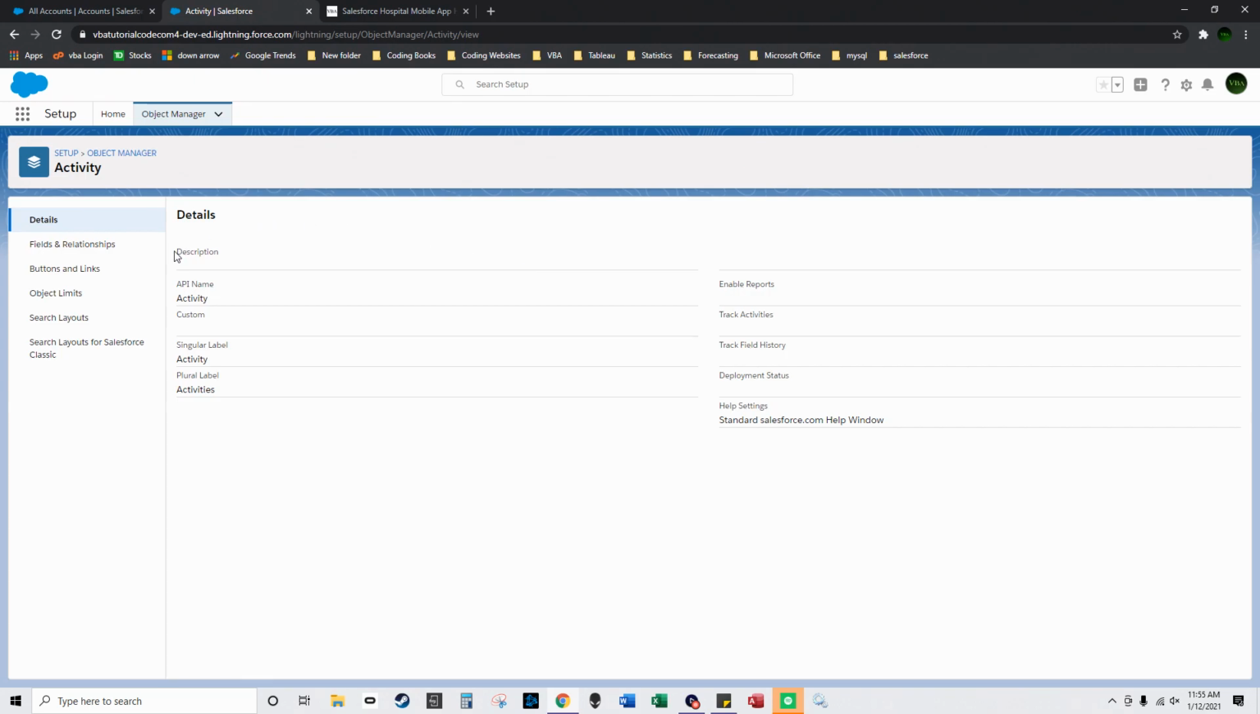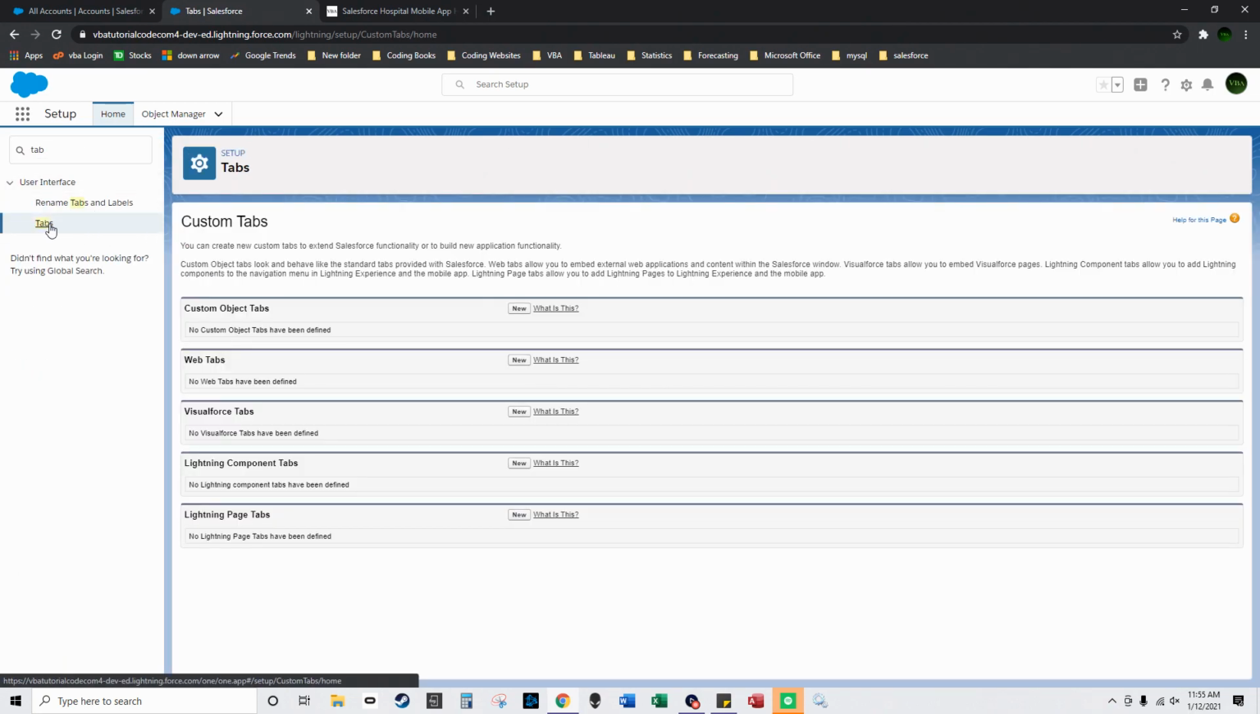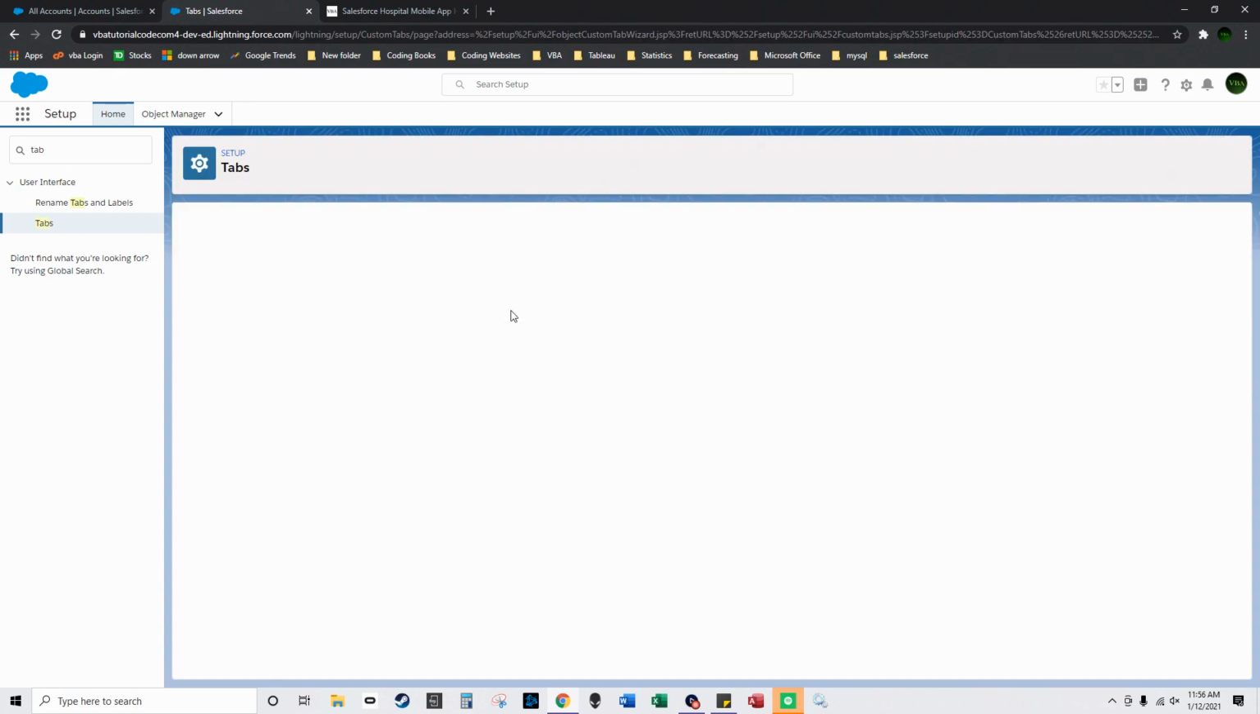So basically, you create all your objects, and now you're going to create the tabs for each of them. So you go to Setup, and under here you search for tabs, and just make sure you click where the name is and double click it. For this I'm going to create custom object tabs, so I'm going to press new,